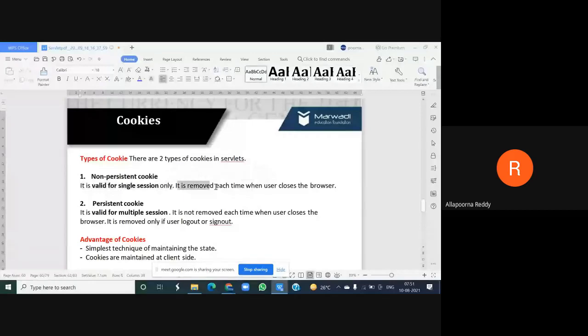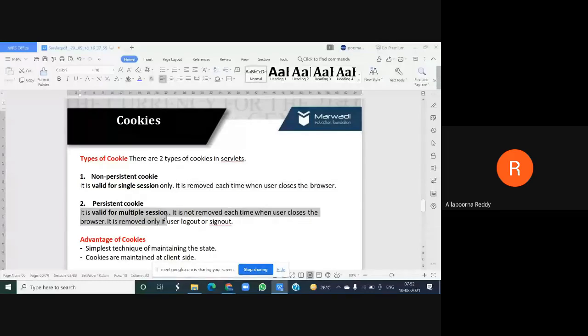Suppose I made a request and I received a cookie back as a response from the server, and it is stored in the cache of my web browser. When I think my request is completed and I simply close my browser, then automatically what happens? Your cookie is removed from your cache. If this situation arises, then I can say that the cookie is not persistent.